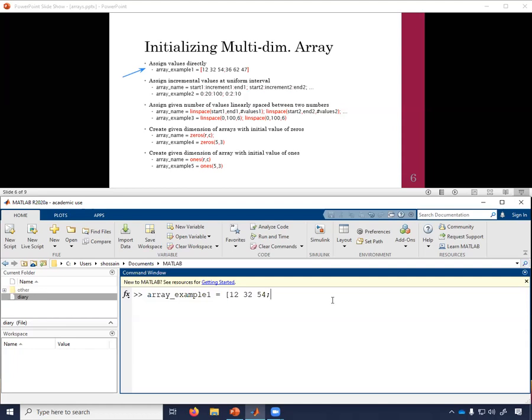Okay. So on the new row, I have to type in my column values again. So 36, 62, 47, and then I have to close the square bracket once I'm done. Okay. So I have this 2-dimensional array now, which has 12, 32, 54 that was separated by space when I was typing in. And once I put that semicolon down there, it went to a new row and put the 36, 62, 47 in their